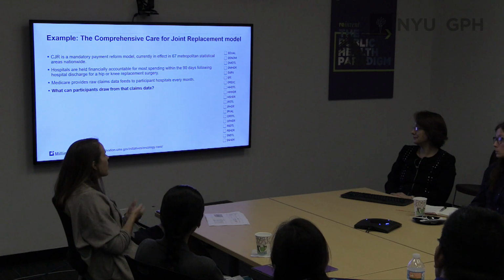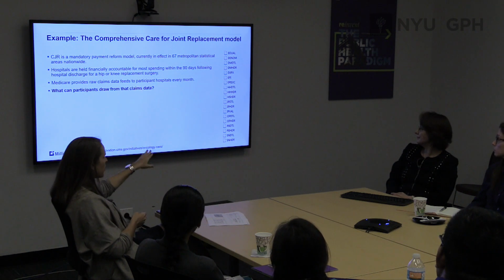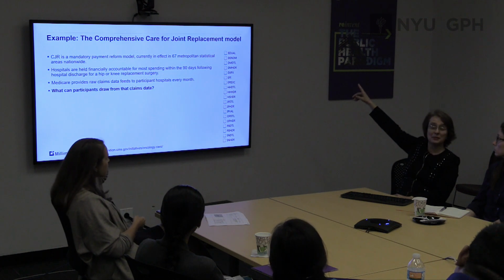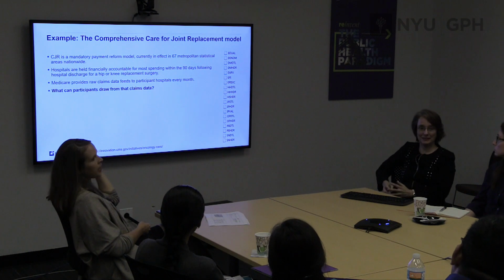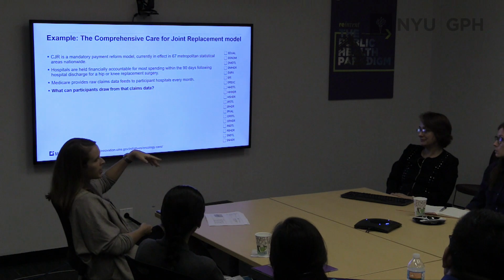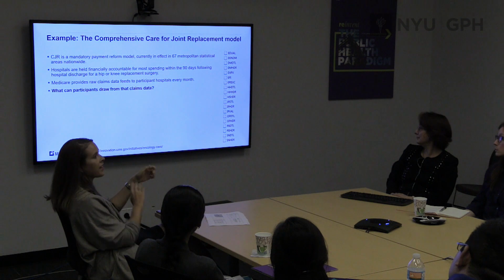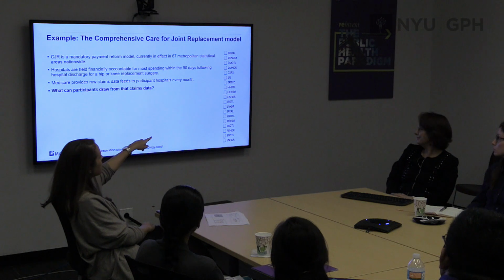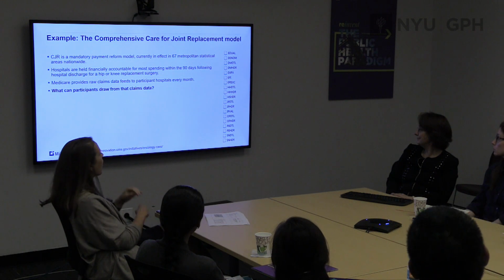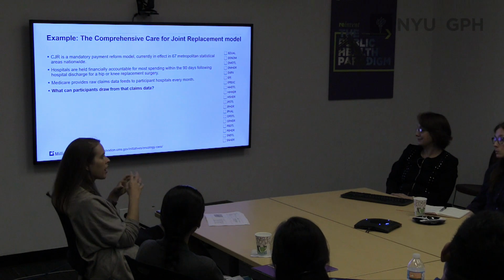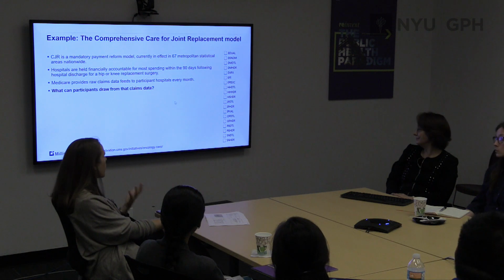And so CMS decided to provide claims data to every hospital in this program. This is an example we talk about in our relational databases. The claims data comes in a set of about 20 files. Each of these is a table, a big database table, and they have different kinds of information, right? There's beneficiary information. The first one, be dual, is whether they are dually eligible for Medicaid or not. That's all that's in it. And then there are the ones with IP detail, IP header, IP value. All three together represent the claims for an inpatient stay, and you have to merge them and understand how they work together. Obviously, people don't know how to do this,